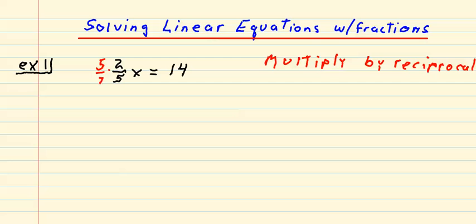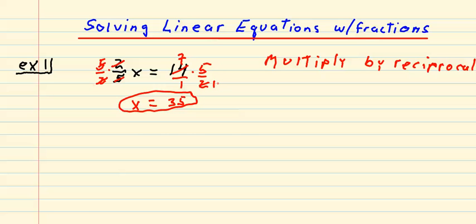multiply by the reciprocal, 5/2. What happens here, the 2's cancel, the 5's cancel, and on the left side we're left just with x, or 1x. And then here 2 goes into 14 7 times, 2 goes into 2 once, and we multiply across, we get 35 over 1, or 35. So in one quick step, we've solved the equation,